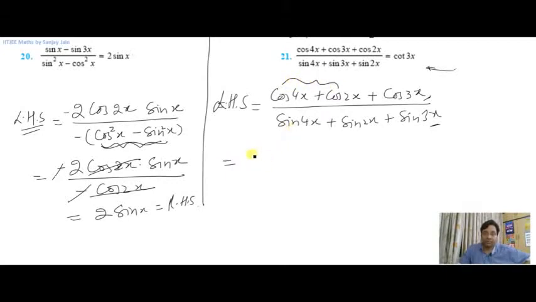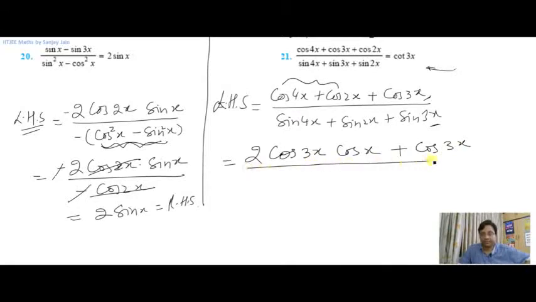Cos C plus cos D will give me 2 cos (C plus D)/2, that is 3x, and cos (C minus D)/2, that is x, plus cos 3x, divided by, and from here I'll apply CD formula on these two terms, sin C plus sin D. So 2 sin (C plus D)/2, cos (C minus D)/2, that is 2x by 2,